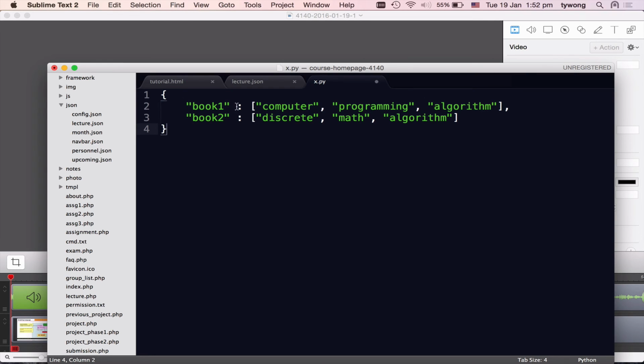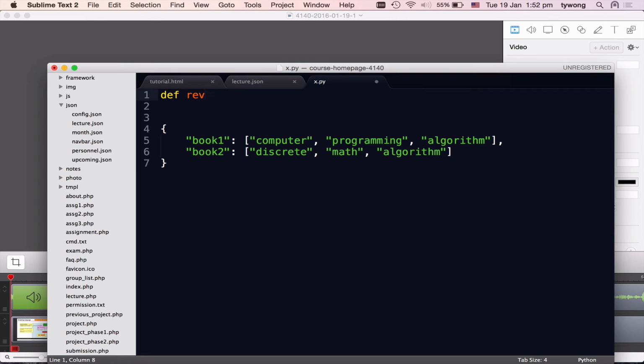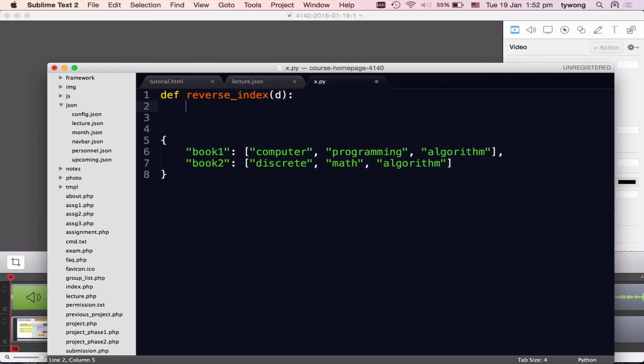Should not be tough, huh? Let's say we call it reverse index. The input is a dictionary. So what we do, for each book is a list of